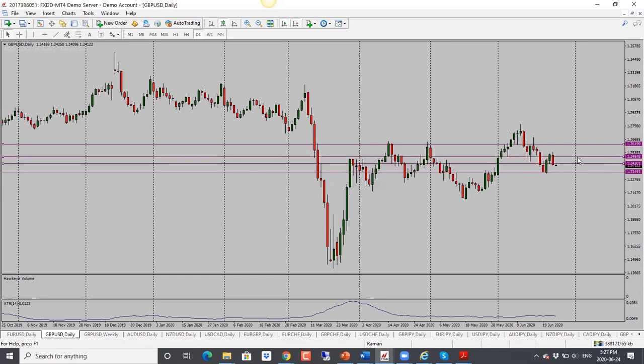We see that price wasn't able to break through the resistance. And of course, the stock market here has played a major role. With the stock market dropping, the risk sentiment changes to risk off mode. And this is where US dollar, being a safe haven currency, tends to benefit from that. So in this case, the bias is bearish.